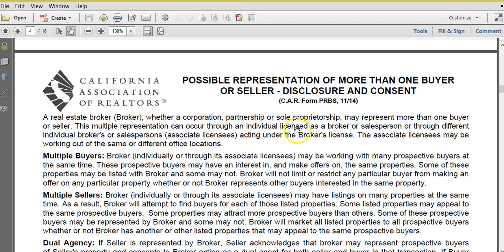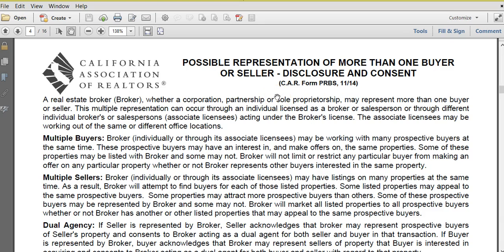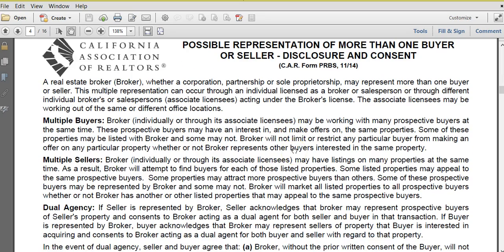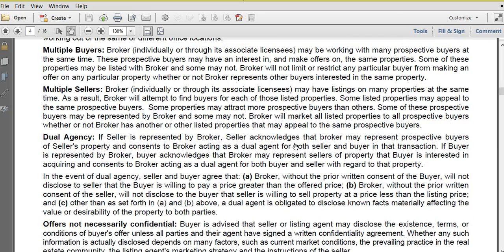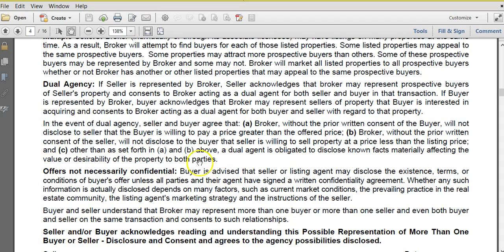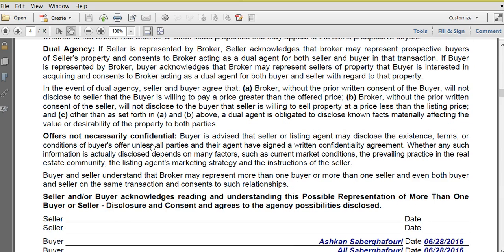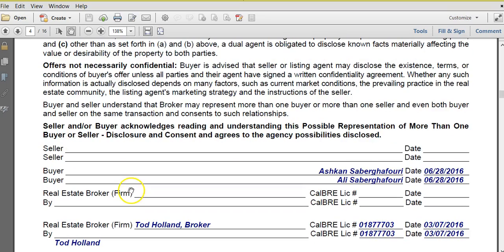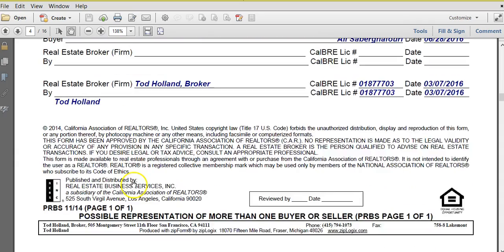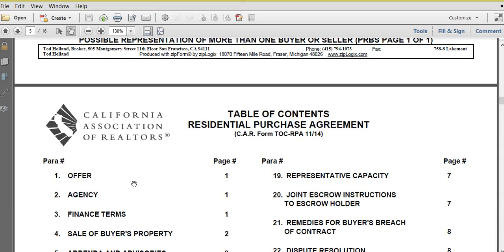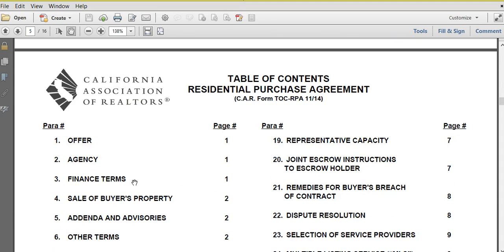Okay, so this document doesn't necessarily apply to you, but it's necessary anyways, which means that there may be multiple buyers or sellers in a given market that are looking for this property. It lets you know that some agents will represent the buyer and the seller. Now, we're not in a situation like that, but you have to be aware that that is something that some real estate agents do. So I'm not representing anybody but you guys, but this form says that there are people who do that, so please sign here and acknowledge that this was sent and that you understand this is what some people do. Again, we don't. We just represent you guys, make sure you get the best deal, nobody else.